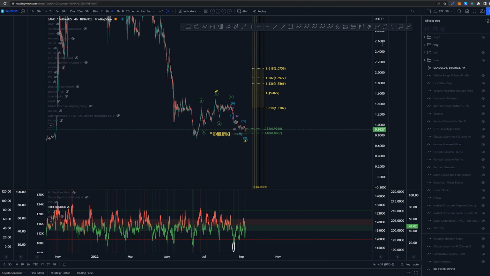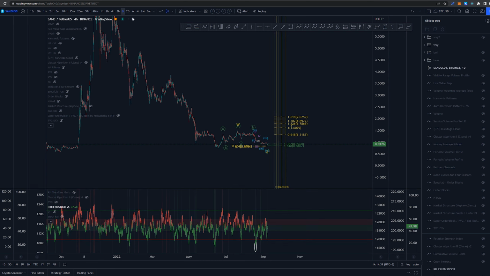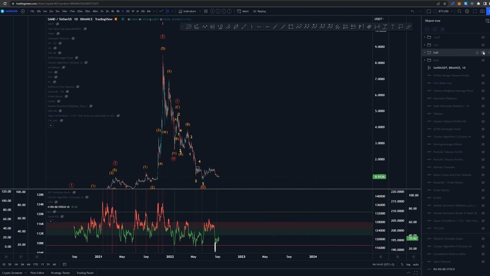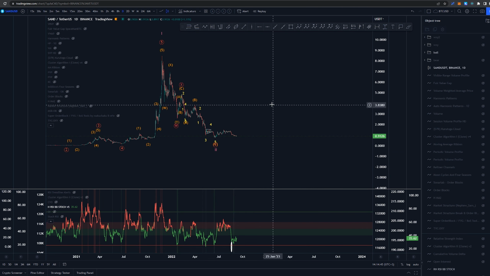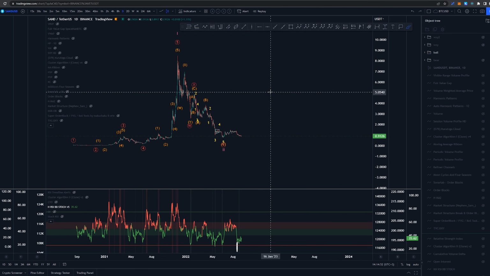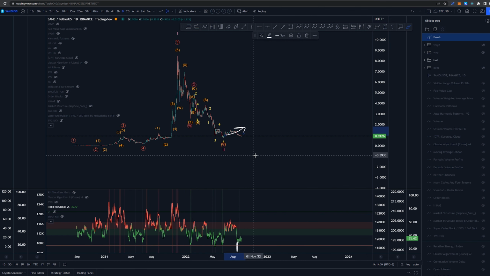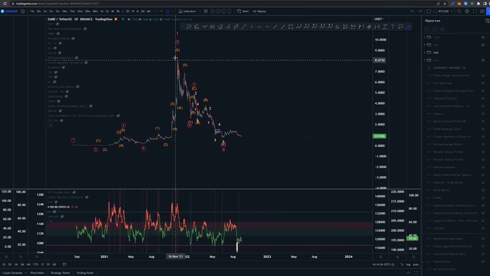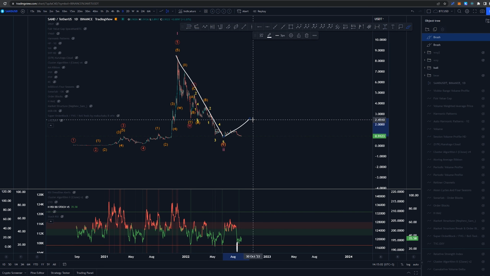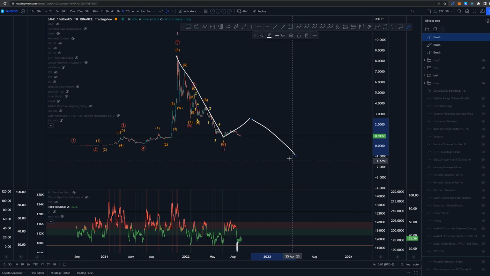Now how would this fit into the overall higher time frame picture? Let's take a look. Having this as a correction end doesn't really make too much sense. If we are creating a corrective structure from here higher, then it would mean that, okay, we've created a 3-wave structure down here, then we would be creating another one, and then well, that's a dump to the 0 line. So it is very